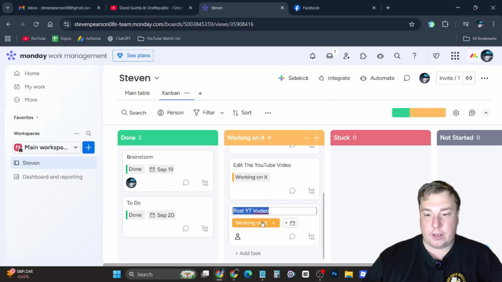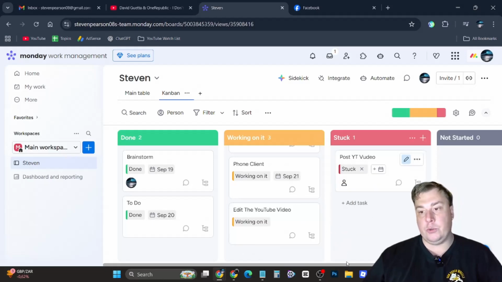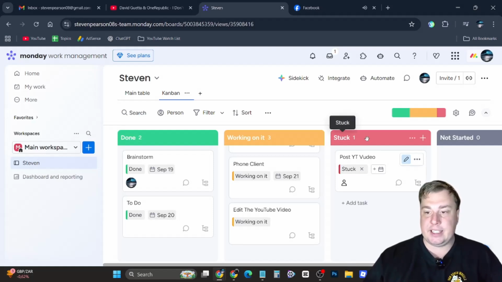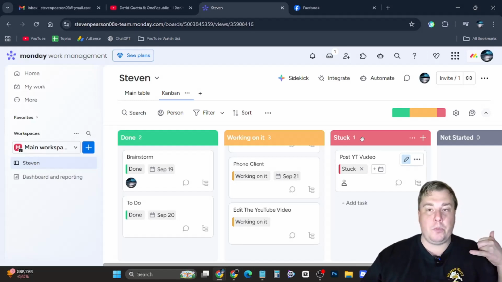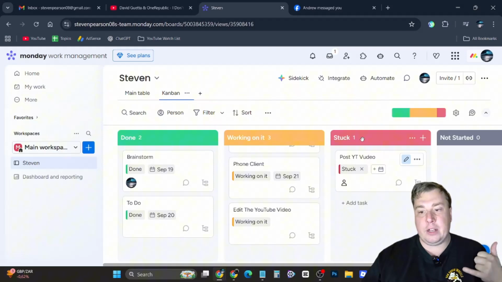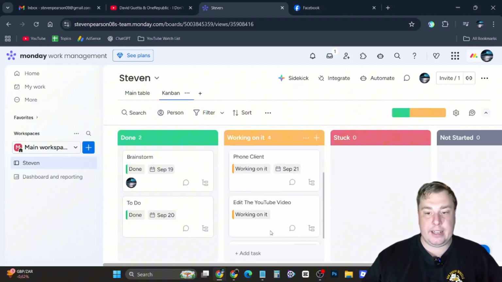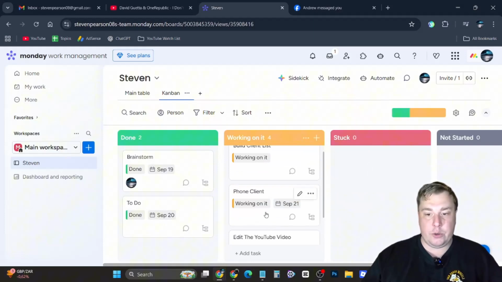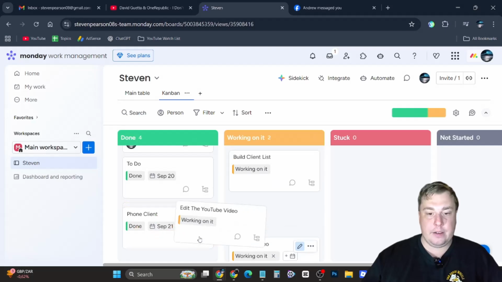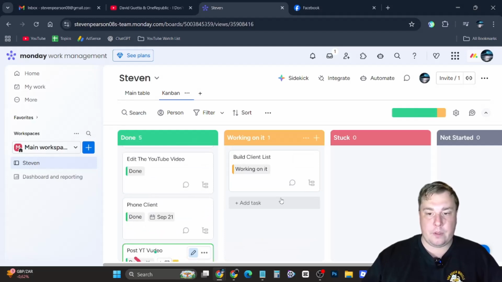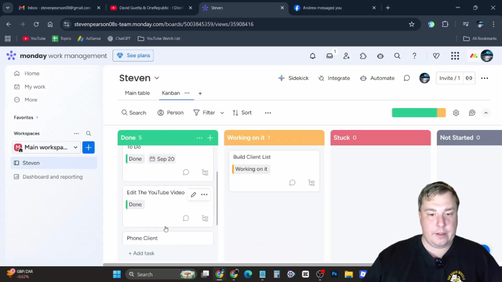And if you get stuck on it for some reason, the freelancer or your teammate doesn't know how to upload a particular YouTube video or do some sort of task within your project, you can see it says stuck here. You can hop on a Zoom call, you can hop on an email, and you can sort that out. So you can move from working on it, and then eventually you'll take those 3 tasks that you have to do: phone the client, edit the YouTube video, post a YouTube video, and there was one more here, create a